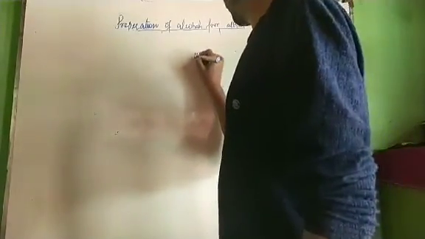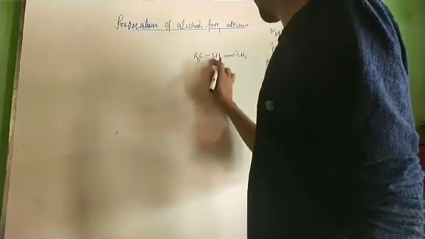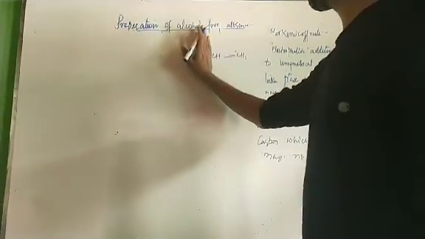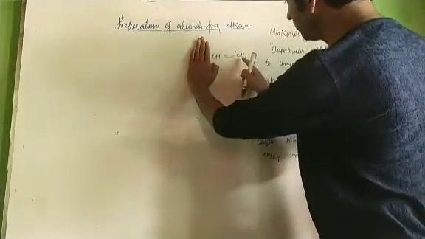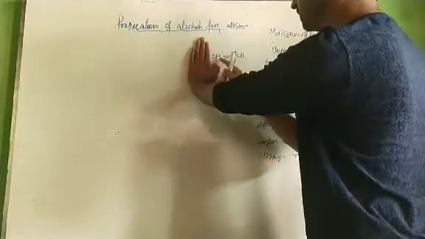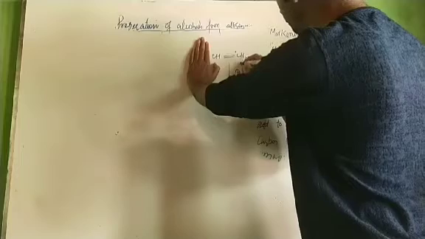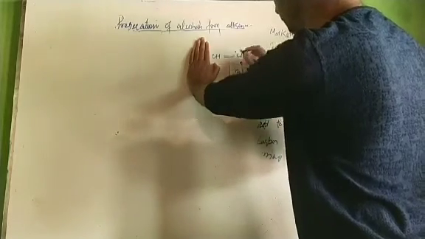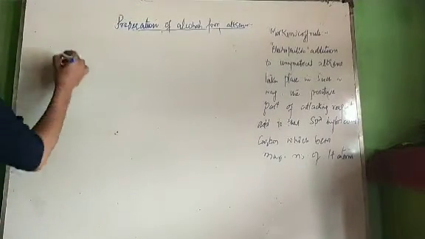Positive part of the attacking reagent adds to that sp2 hybridized carbon atom which bears the maximum number of hydrogen atoms. For example, if we have an alkene like this, these two are sp2 hybridized carbons and this is sp3. Out of these two sp2 carbon atoms, this one has more hydrogens and this has fewer. If I bring about electrophilic addition to this, the positive part of the electrophile adds to that carbon atom which bears the maximum number of hydrogen atoms and the negative part to that which bears fewer hydrogen atoms. Now let us discuss this rule in all three cases: hydrolysis, hydroboration oxidation, and oxymercuration demercuration.